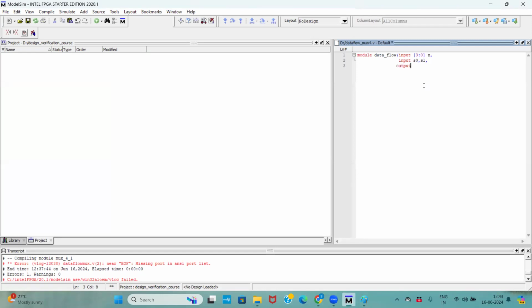Now comes the output. Consider the output as Y. Now we will write the code. We have to use the assign keyword. We are assigning to the output variable, right? So our output variable is Y. Y equals, now